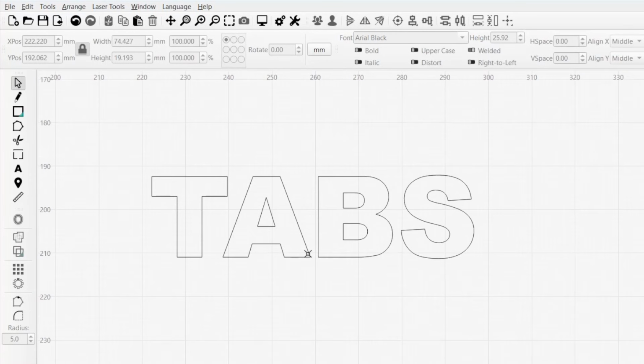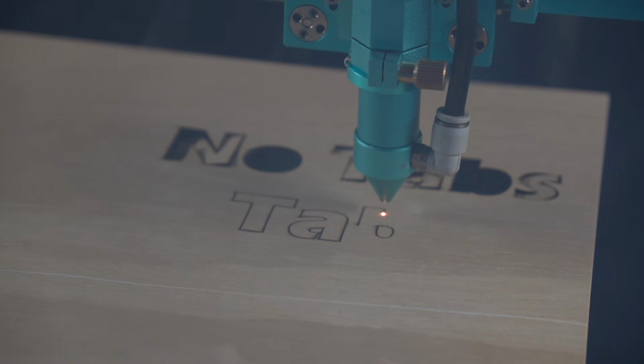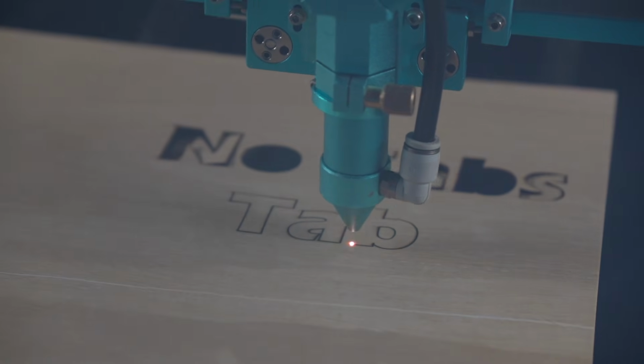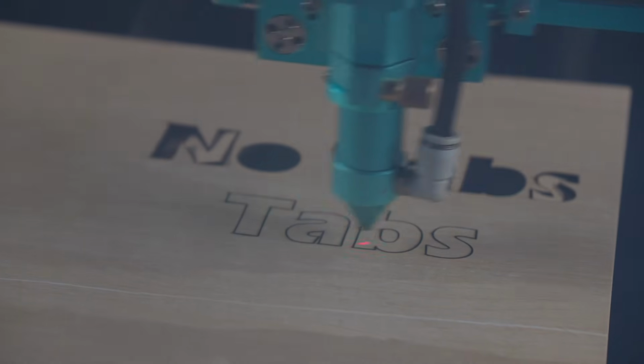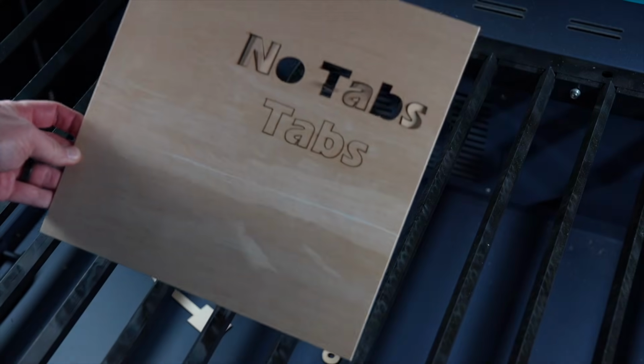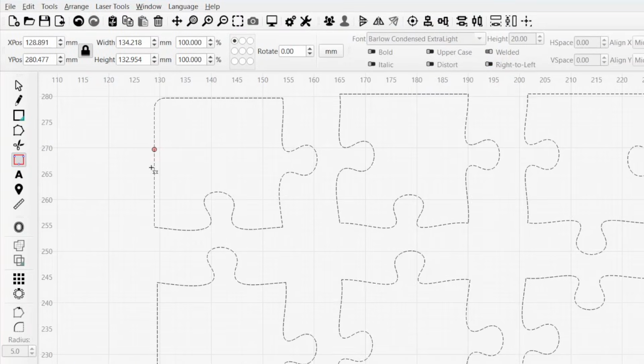But there's a great solution for this problem built into LightBurn: adding tabs, sometimes known as bridges, to the objects you're cutting. Tabs are small sections of cuts that a laser skips, which keeps the pieces connected to your base material and prevents them from falling through while cutting. LightBurn can apply tabs automatically to your shapes, or you can place them manually using the Add Tabs tool, giving